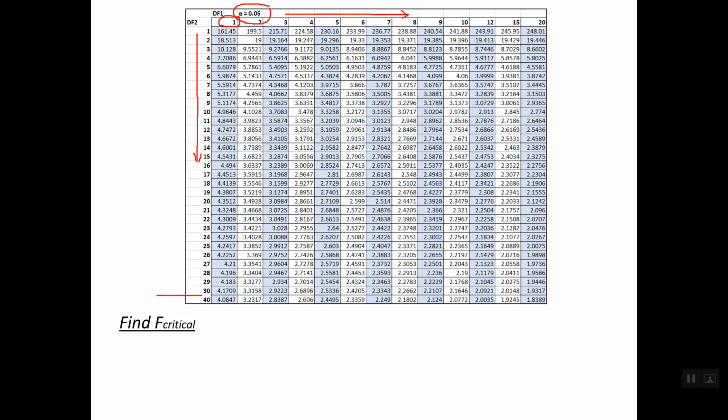As you notice here, we don't have 32, so we can make some manipulation or rounding, or simply we can say that the critical value of F for alpha equal 0.05 and degrees of freedom 1 and 32